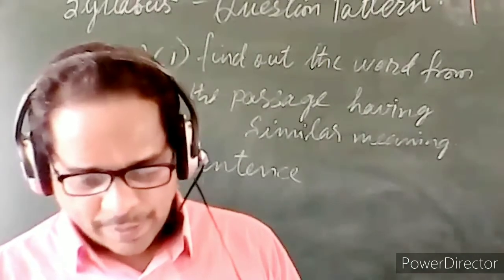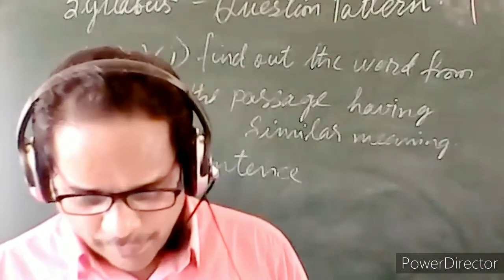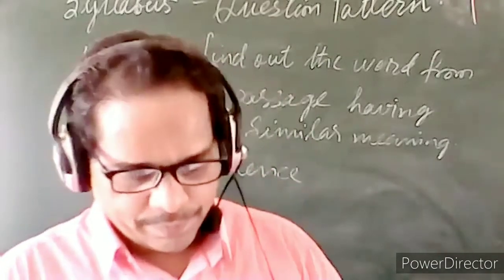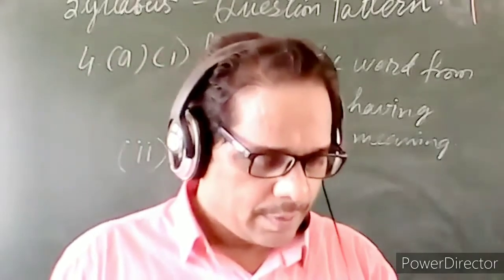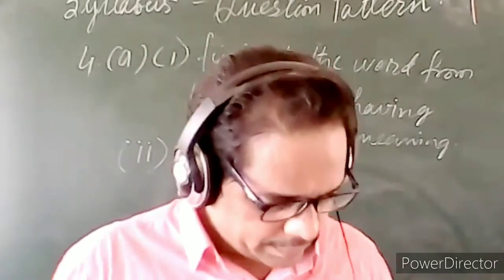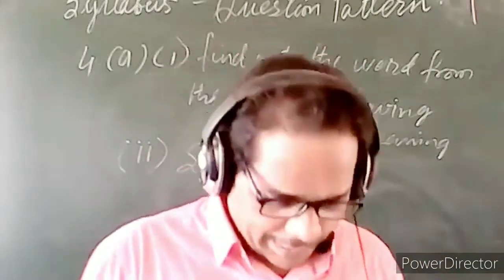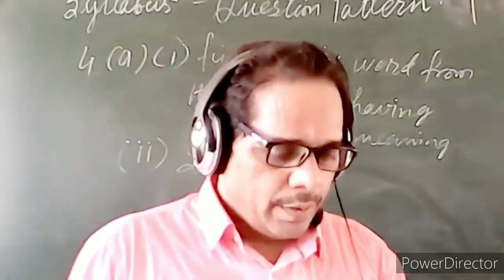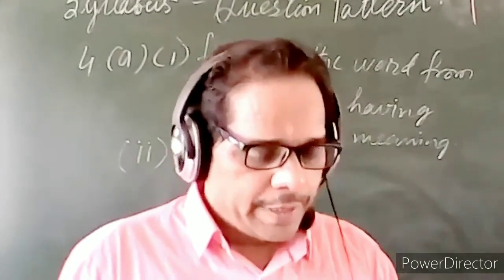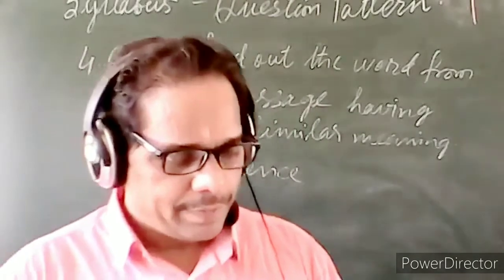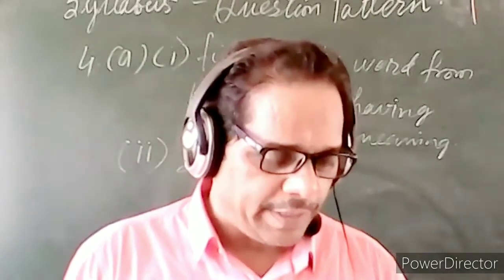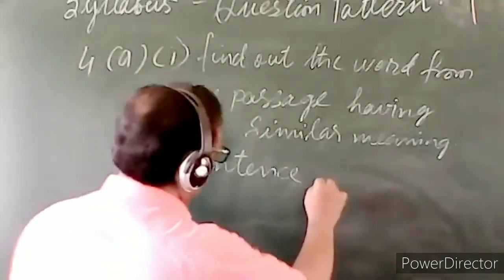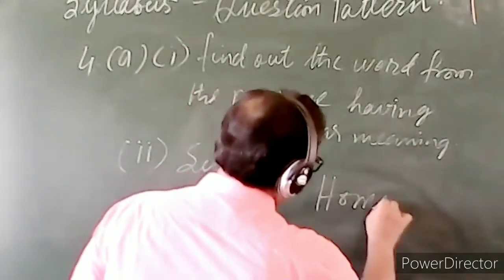So there is one grammar point called homophones. Take page number 6, Roman letter 6, Unit 10. You see the third grammar point, C, homophones. That you will have to study. If you study homophones, then it will be easy for you.